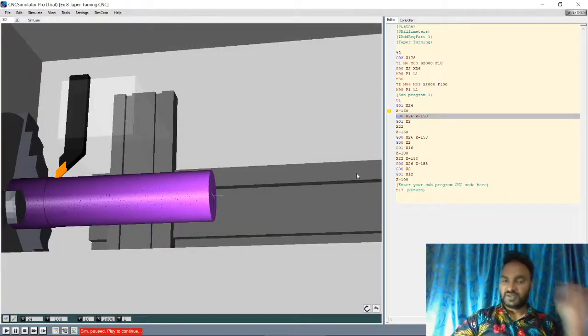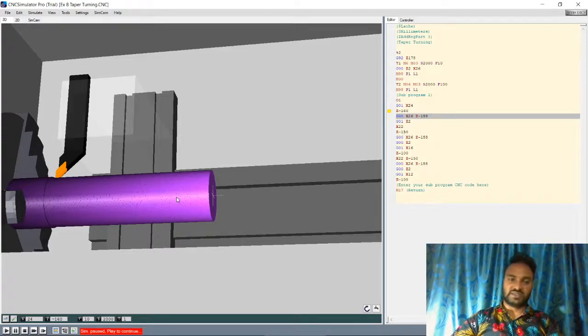Okay, so after that you will take the tool linearly from Z0 to Z minus 160 here. Z positive starts from the right side, Z negative starts from here, so this length is Z minus 160.